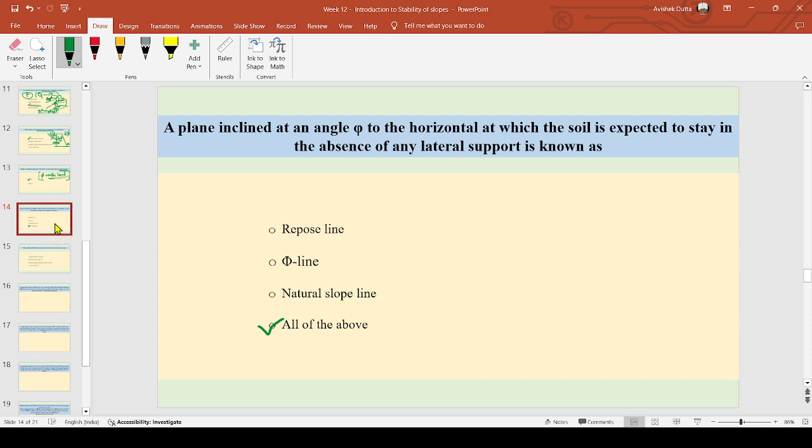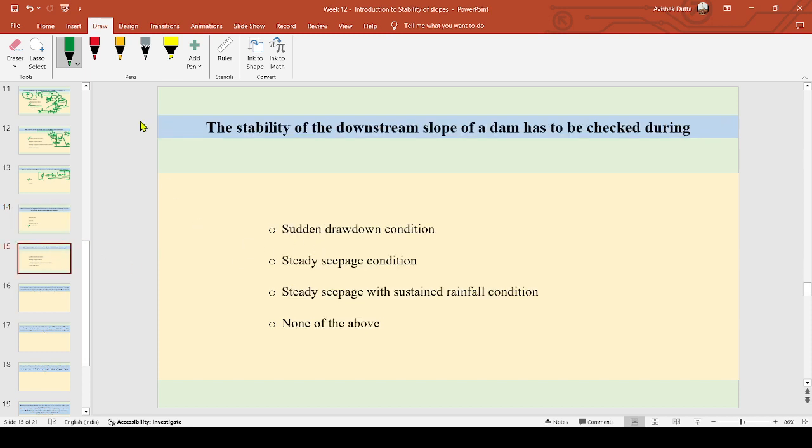Next question. Yes. Stability of the downstream slope of a dam has to be checked during. So unlike the previous case, in the case of a downstream slope of the dam,